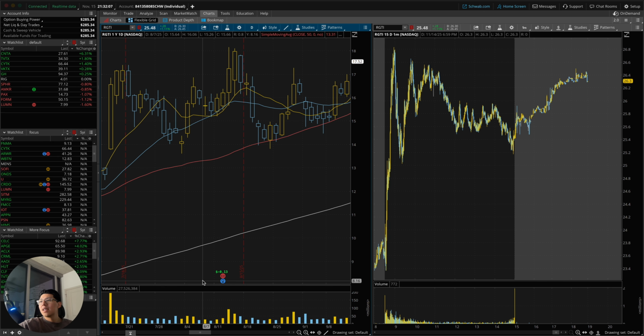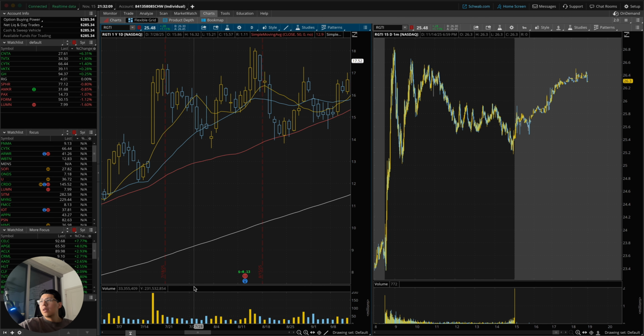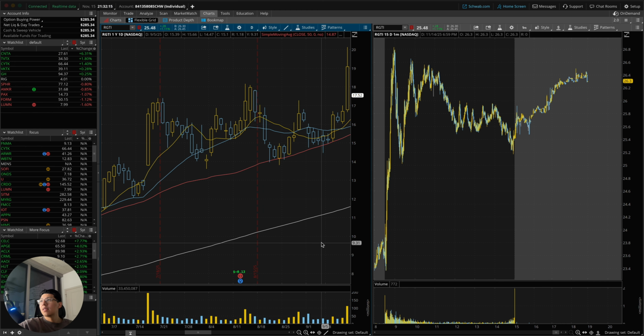So in this case right here, when we actually open the break, let me see if I can go up one more candle to the left, to the right. There you go. That candle right there. This candle right here was a break of structure. What do I mean by break of structure? This right here, we have been rejecting this level for the past week or week and a half, and I'm gonna show you other examples. This is not the only example that we have.